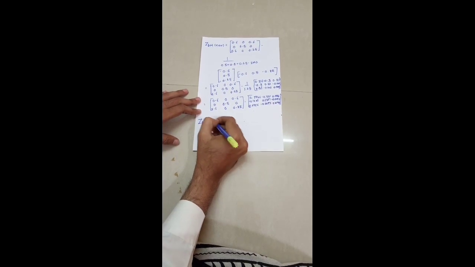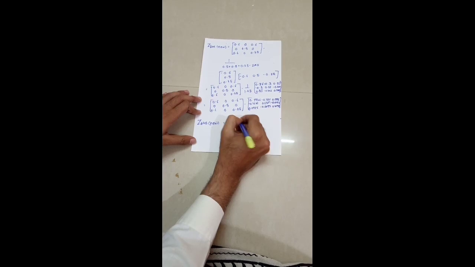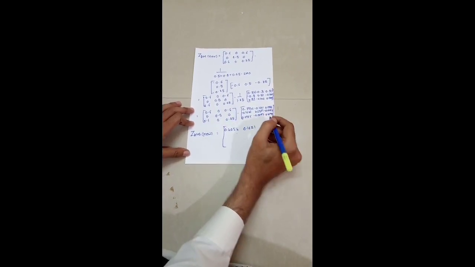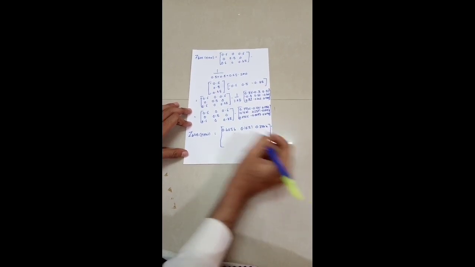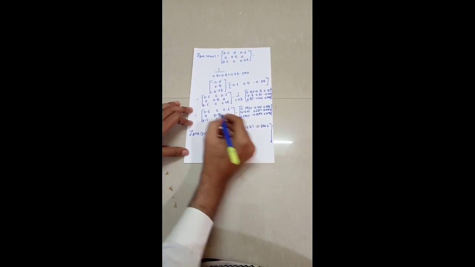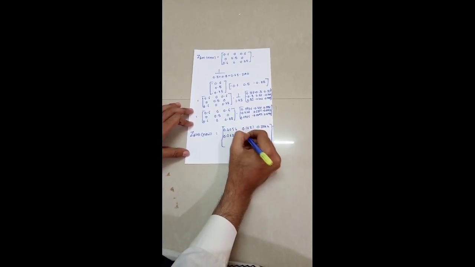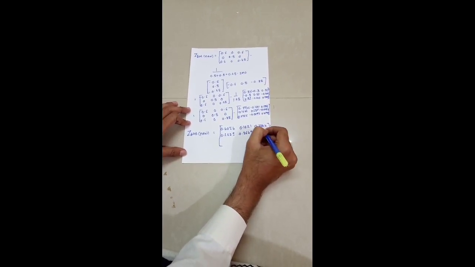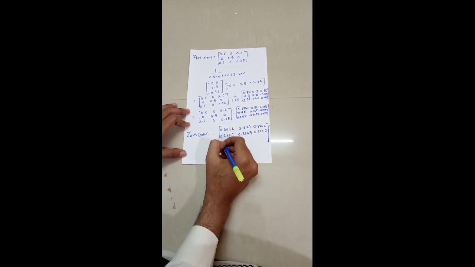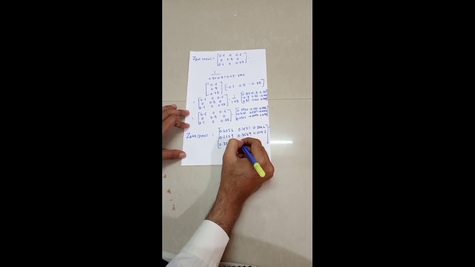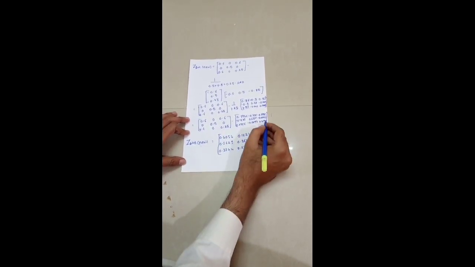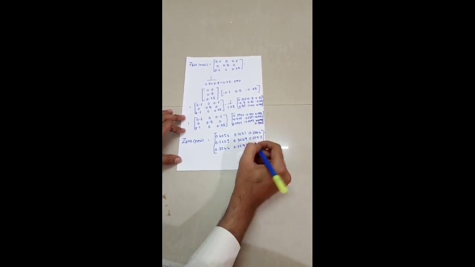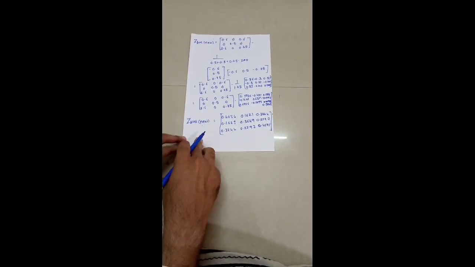So Z bus new is equal to 0.6 minus 0.1946 is 0.4054, 0 minus minus 0.1621, 0.6 minus 0.2756 is 0.3244, 0 minus minus 0.1621, 0.5 minus 0.1351 is 0.3649, 0 minus minus 0.2297, 0.6 minus 0.2756 is 0.3244, 0 minus minus 0.2297, and 0.85 minus 0.3905 is 0.4595. This is the final answer of Z bus.